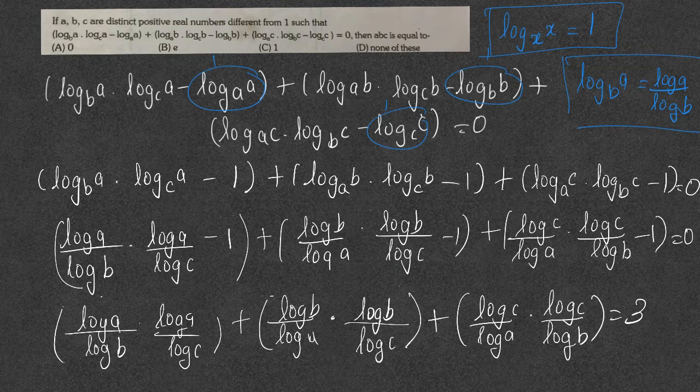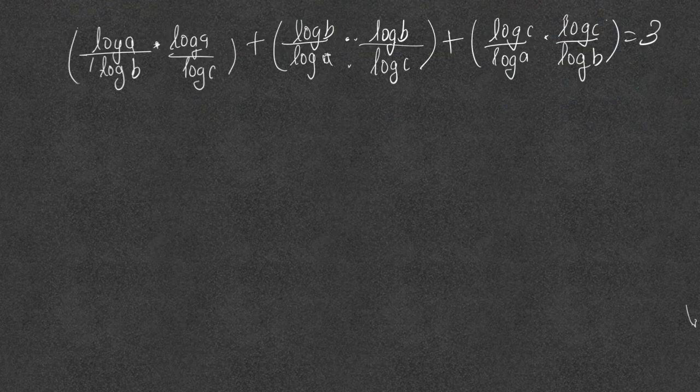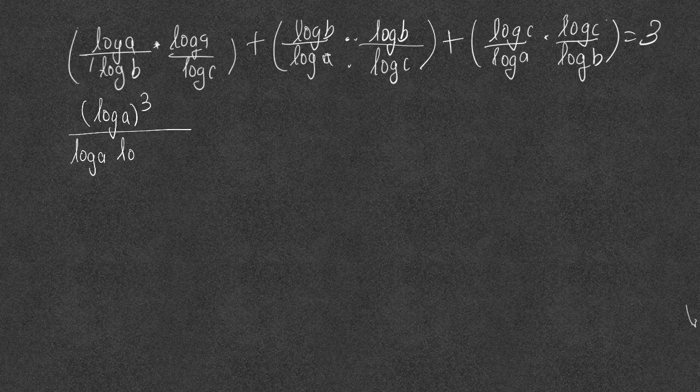Now that you have got this equation, remember all this is multiplication. Here is multiplication, here multiplication, here multiplication. Can you make the denominator the same for all of this? In order to make the denominator the same, we have to multiply log a with the numerator and the denominator. Then we'll get log a cube upon log a into log b into log c, plus